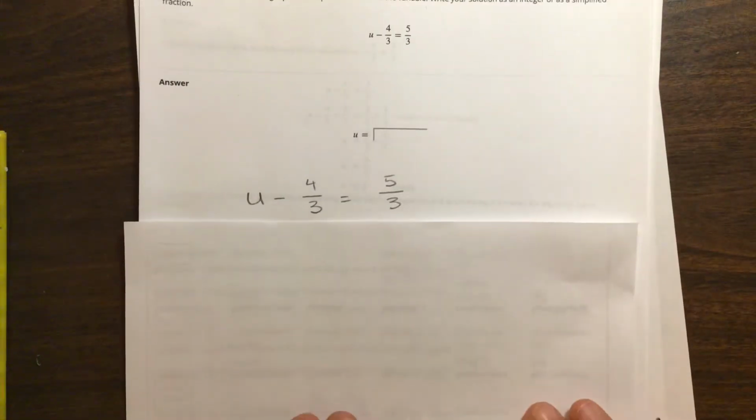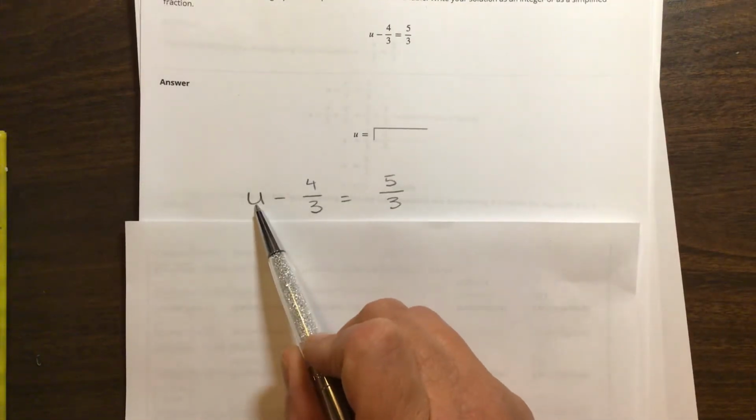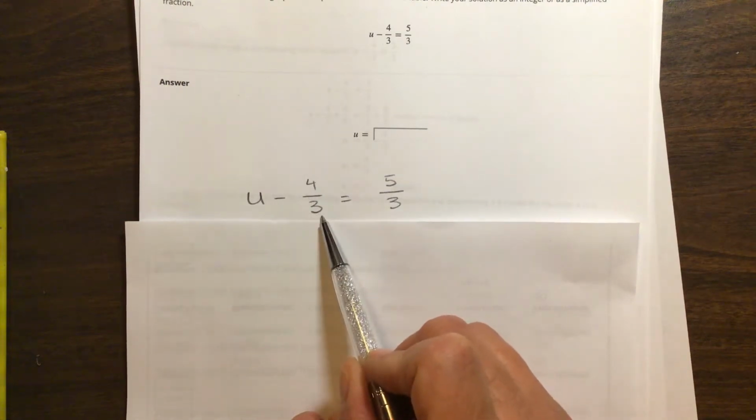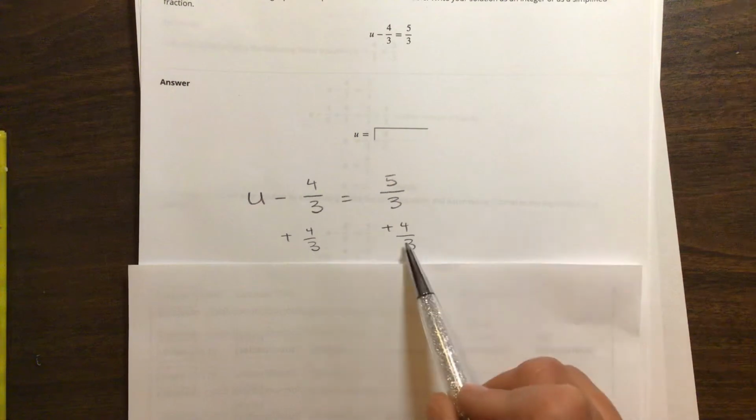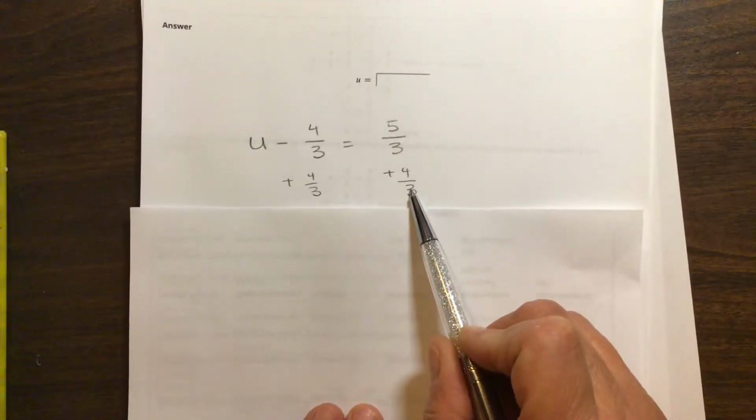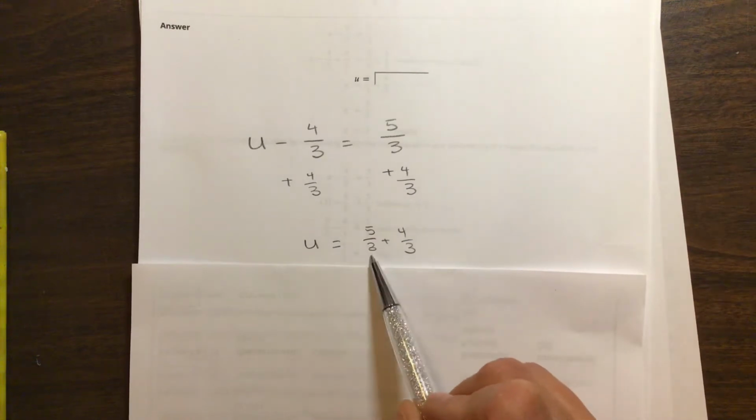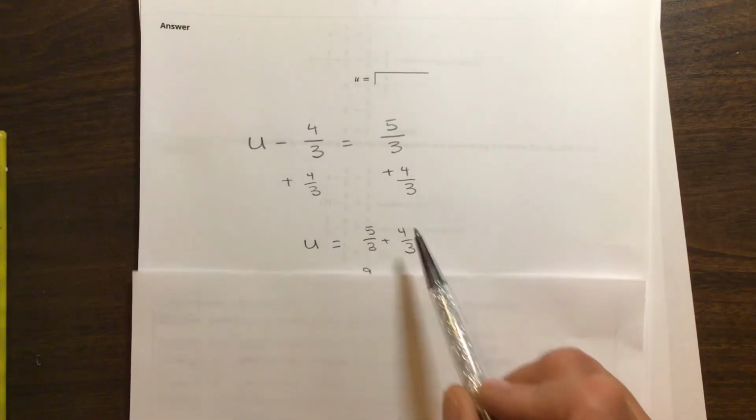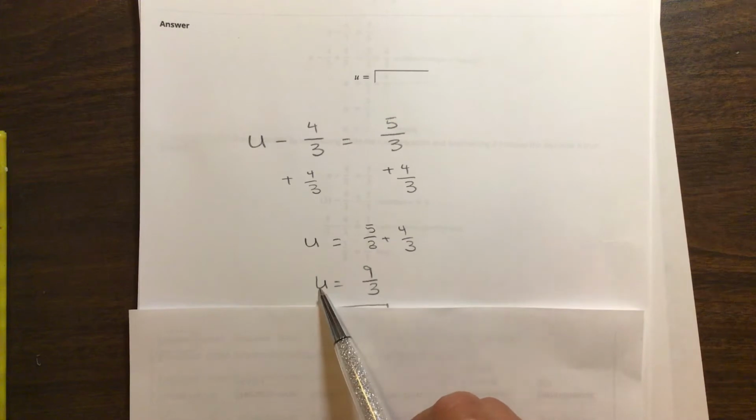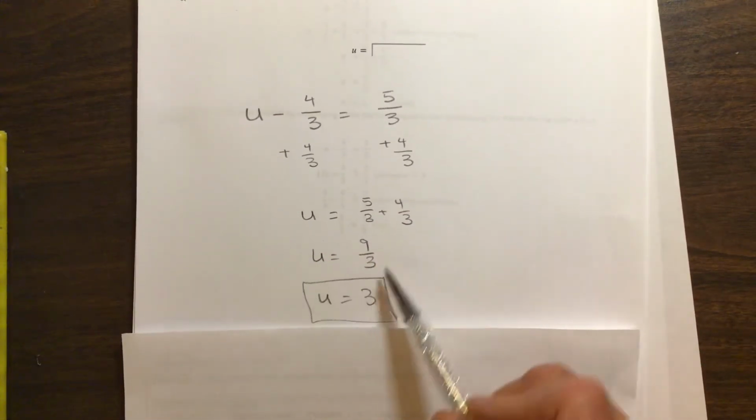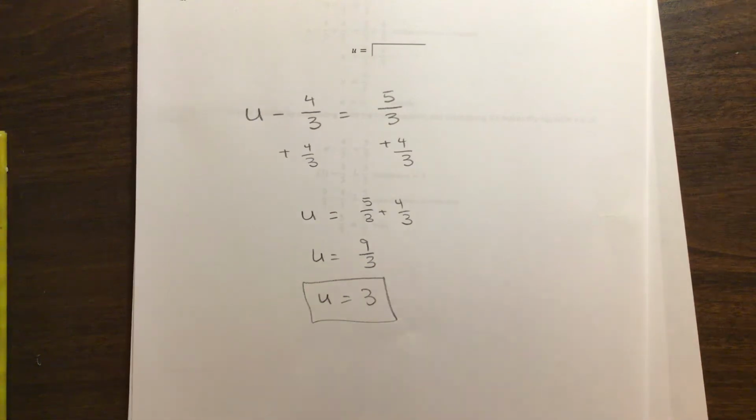In other words, we want the u by itself, this minus 4/3, we're going to add to both sides of the equal sign. That's going to leave us with just u here. The denominators are the same, so we're just adding across the top. And then, as always with fractions, if it's reducible, reduce it, and this is. Now,